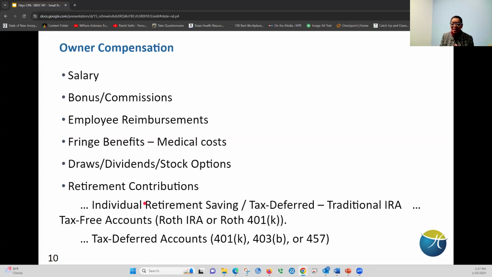You can decide that I want to get paid $50,000 or $100,000. First of all, how do you determine what is a fair compensation? What is a fair amount of salary for you? What you're going to do is figure out if you were hiring somebody else to do that work. So you're a chef. If you were going to hire a chef to come into your restaurant to be the person in the kitchen, how much would you be paying? What is the salary that you'll be paying that chef? That is kind of an equivalent amount that you can use to gauge how much you should pay